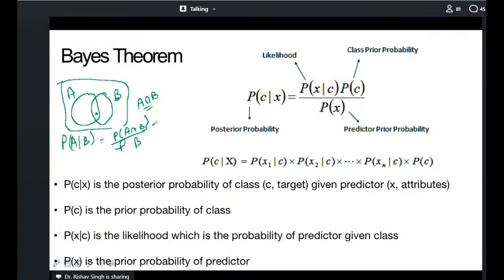Probability of B, yeah. Fine. Same way, if I talk about probability of B given A, it will be B intersection A divided by probability of A. That means in both the cases, whether A given B or B given A, the intersection has to be the same. So if I try to put it this way,